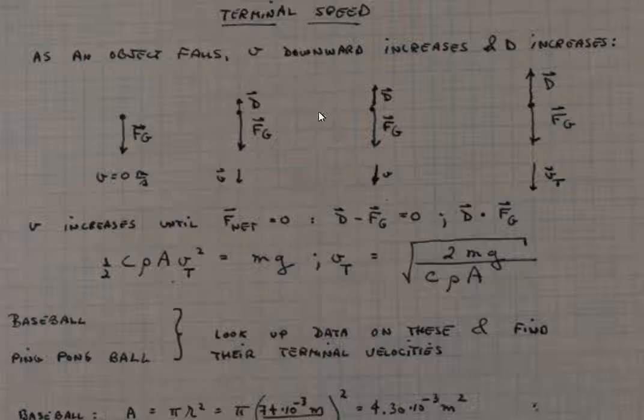Okay, this chart is about terminal speed. As an object falls from rest in air, the downward speed increases. And as the downward speed increases, the air molecules it hits impact with a larger and larger speed. So the physics of this is that the air molecule collisions become more and more violent as the object picks up speed and the upward